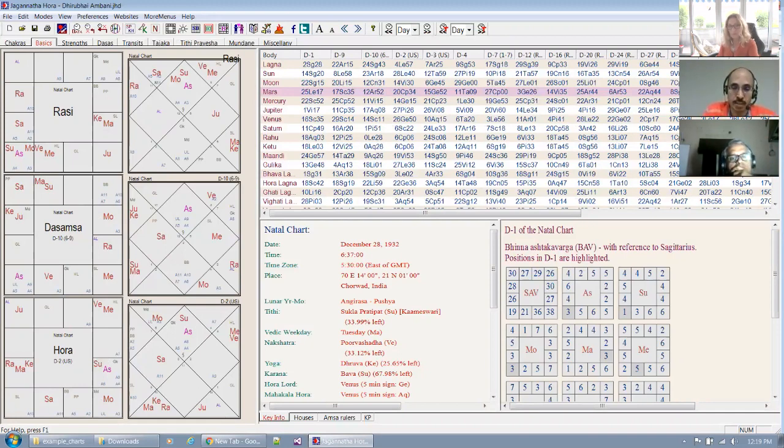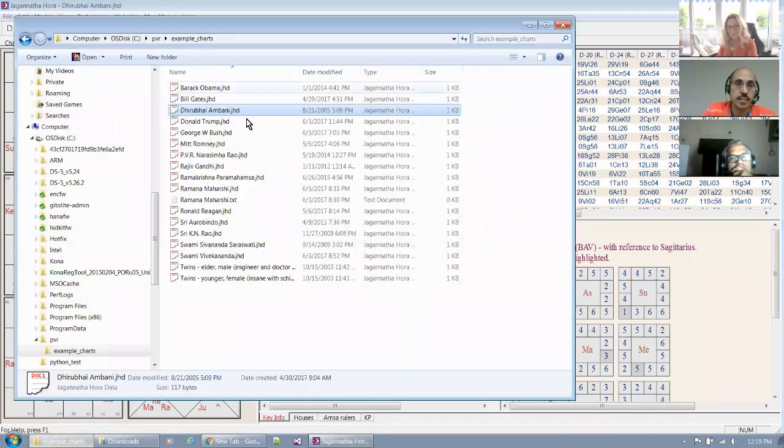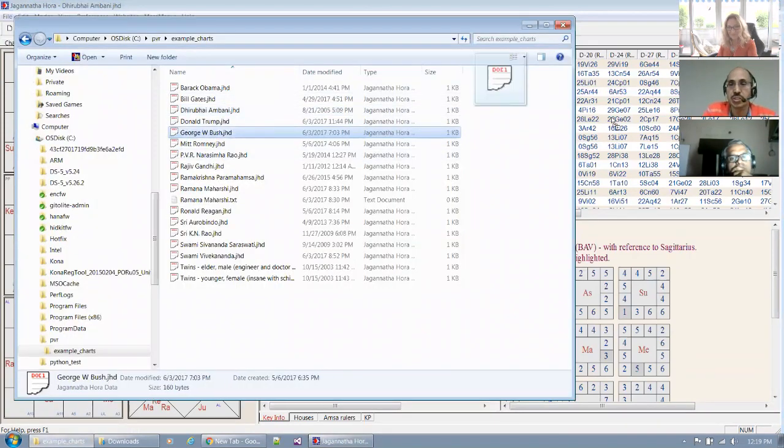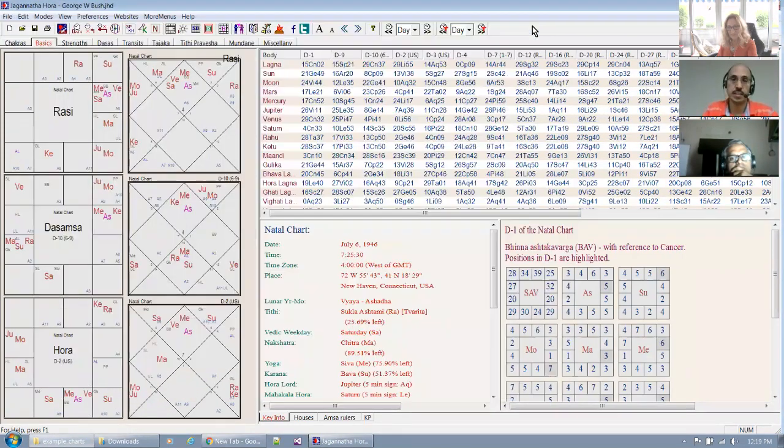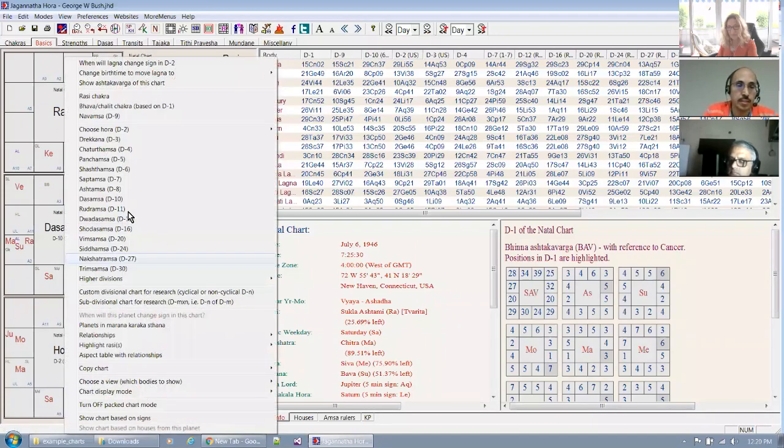Let's take one more example. George W. Bush. If you take George W. Bush, if you take his D12, father,